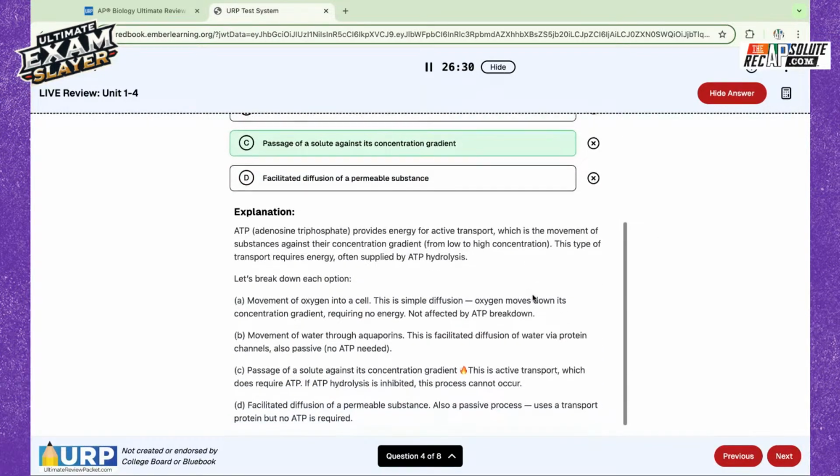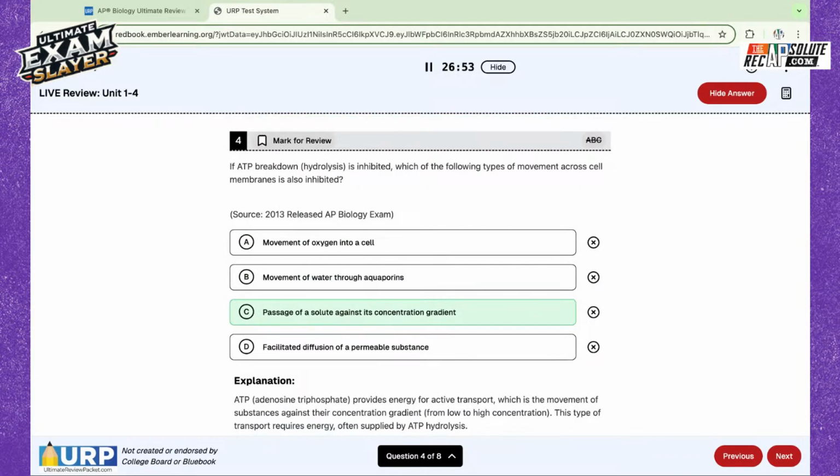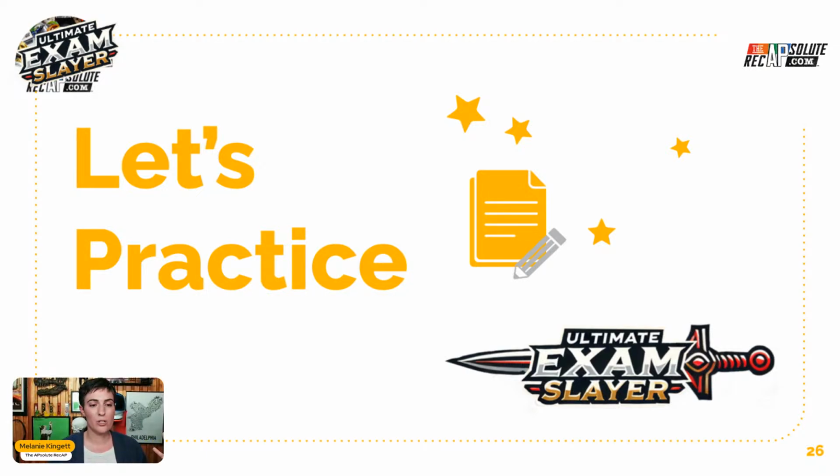Look at that. Going down to why the other options are not correct. Oxygen, super small, nonpolar. That needs simple diffusion. That's not going to be a situation. There's aquaporins. That's B. We already mentioned that. And then moving into my last one, facilitated diffusion. So facilitated just means made easier. So fácil, if you happen to study Español, is where that term is going to come from. And so we can use that for all of our associations in making diffusion a little bit easier with the use of